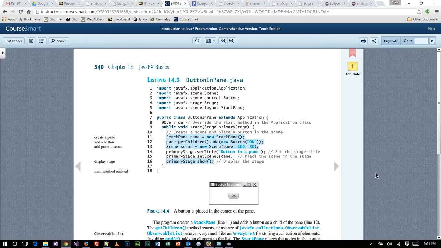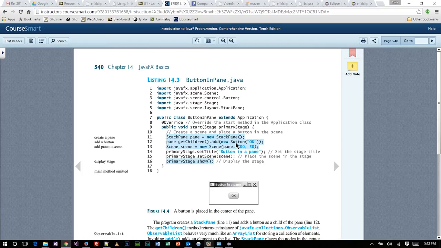Okay, let's look at this next section of code here. Now, I want you to notice that we are adding a library now, and that would be the StackPane library, so scene, layout, StackPane. And the difference here is going to be these couple of extra little components. So we're creating an instance of StackPane, and then we're going to use this method here to get children and